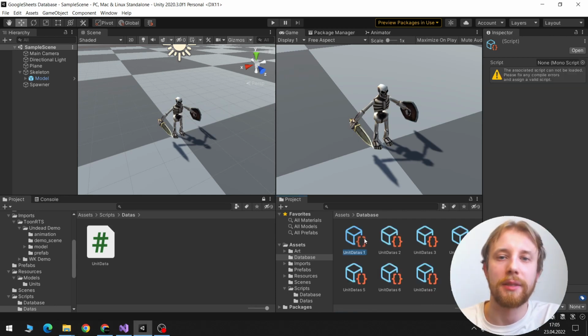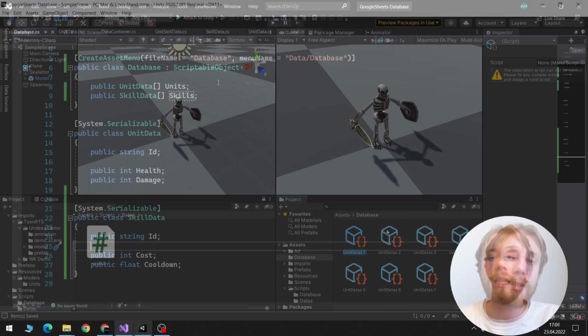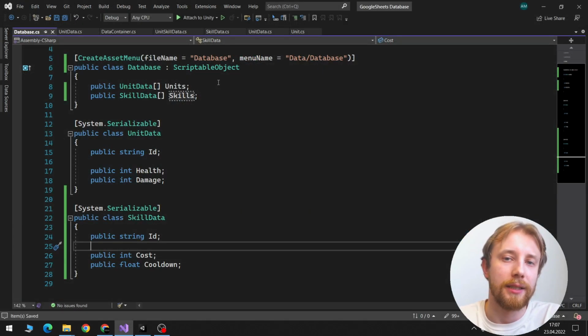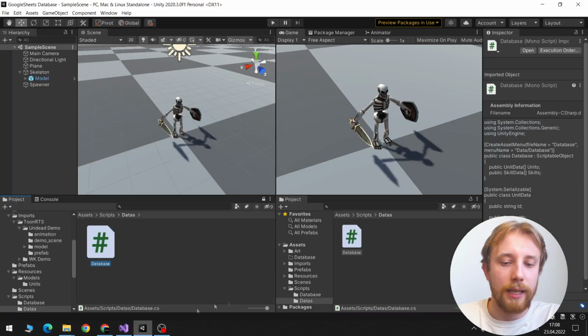But again, as the game scales up, there will be a lot of different collections for different datasets for different entities in your game, such as units, weapons, traits, items, I don't know, trees, destructibles, different parts of the armor, and that kind of stuff. So in the end, you will come up with the idea of a single scriptable object which contains all the collections with all the data about your different entities in your project, which would look like this,